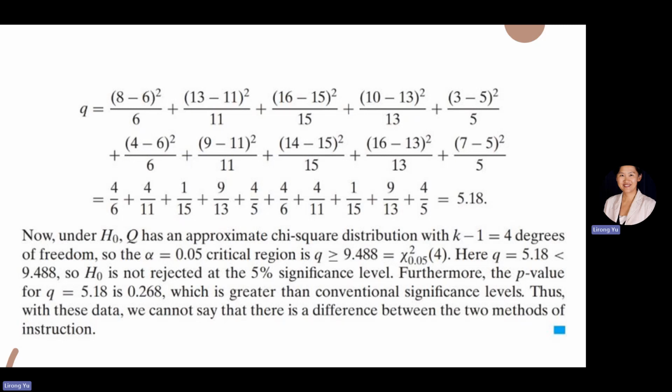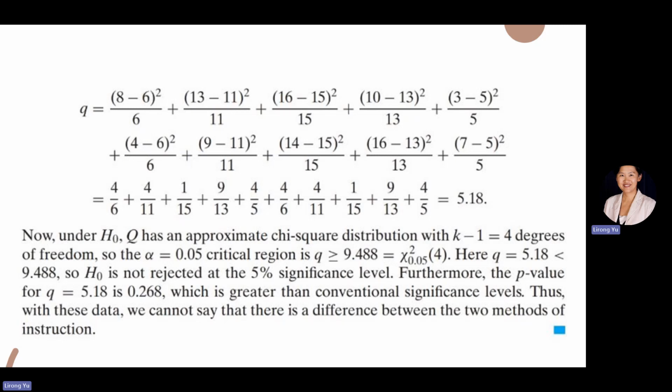And in this case, we are comparing with a critical chi-square. In this case, the alpha is 0.05, the degree of freedom is 5 minus 1, which is 4. Degree of freedom is 4. So the Q is being compared with 9.488, and that looks like the Q is not larger than 9.488. So we will